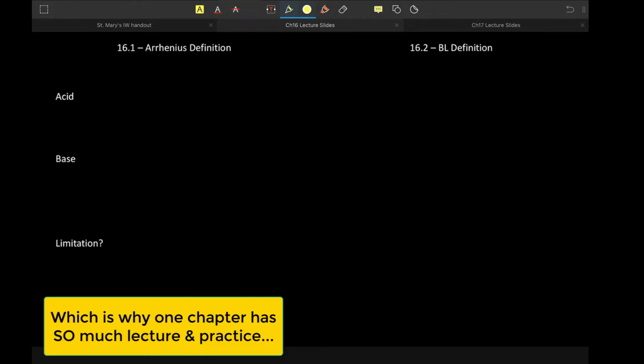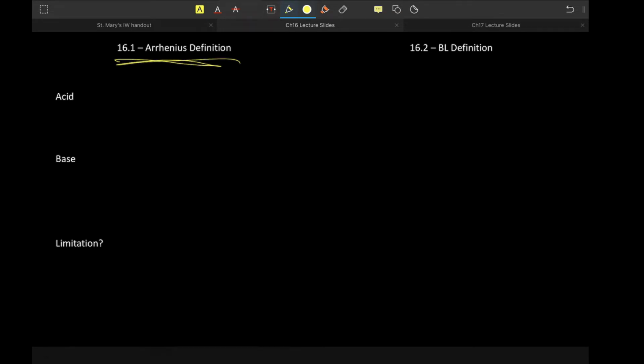All right, so first, obviously, let's talk about some basic definitions. Simple definitions, I guess, would be better. Arrhenius: when we're talking about acids, we are talking about things that increase the H plus in solution. And for bases, we are talking about things that increase the hydroxide ion in solution. Problem here is that we have to be in solution, which not all reactions are. And then mostly this pertains to strong acids and strong bases,